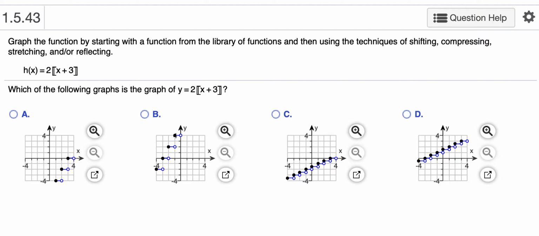Another question on transformation of functions. Here we take a look at this function called the greatest integer function. The graph of the greatest integer function is basically like a step function. It's called a step function because it looks like the steps on a staircase when you graph it. And so the greatest integer function, when we input a value, returns the greatest integer less than or equal